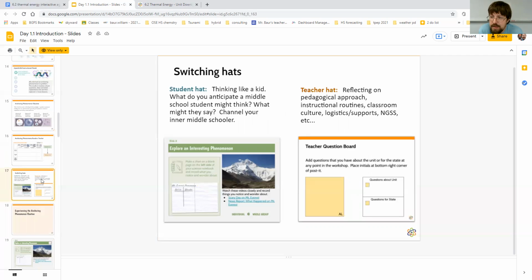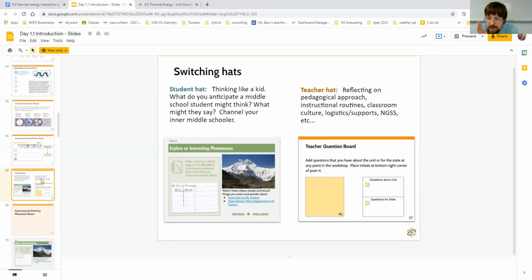So as you experience professional development in OpenSciEd, they have this language of switching hats. There's the student hat, which is kind of thinking like a kid, and the teacher hat, which is thinking about how am I going to implement this in my classroom. So it's really important that when you're starting to learn about these units,